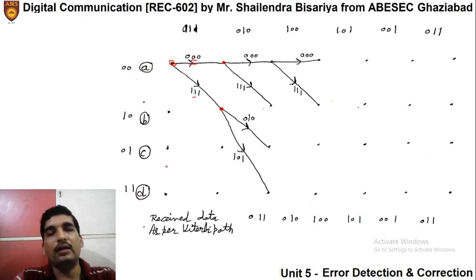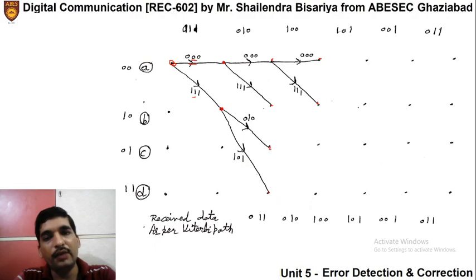Okay, similarly when it reaches the second stage we move further in the same manner: from state A it will remain in state A and the corresponding output is 000. By default it will proceed again and again, and from state A it can move either to state A or to state B. So I have drawn it first, just so that you can understand how it is moving. Now if it is in state B it will go to state C or state D, and the corresponding outputs are 010 or 101.